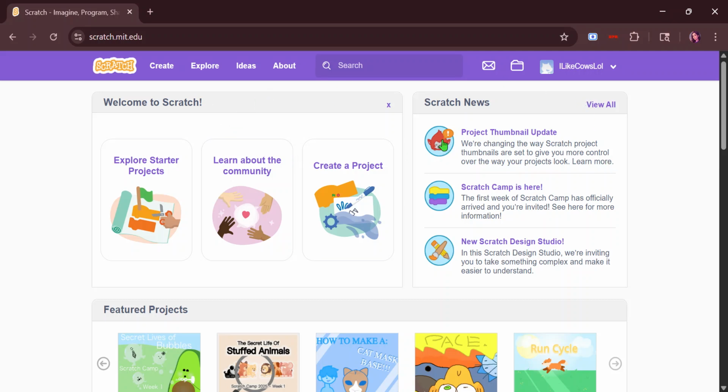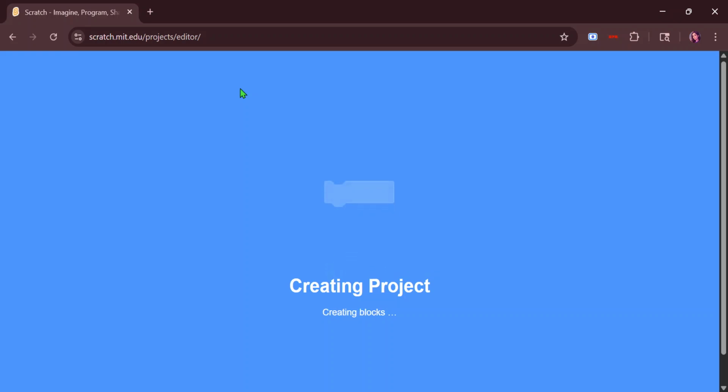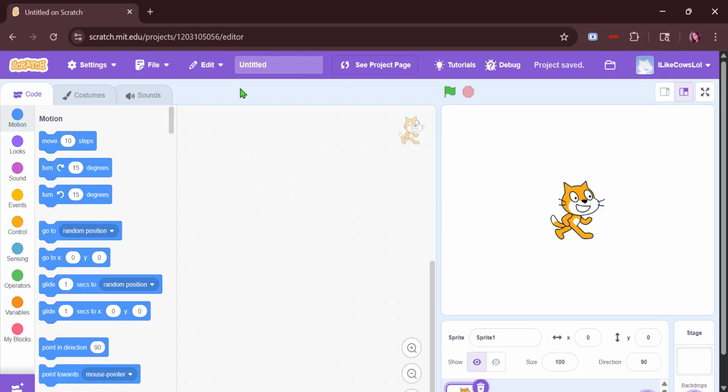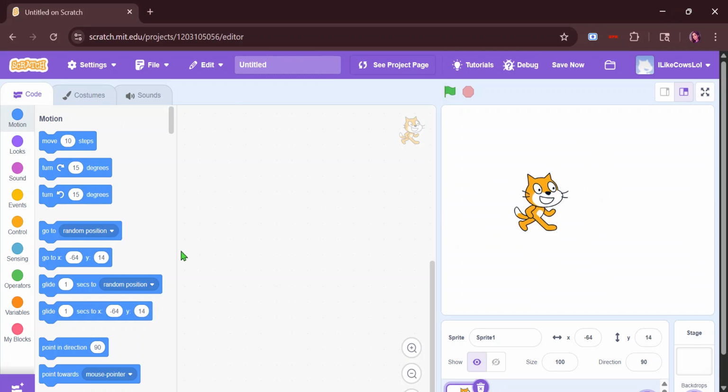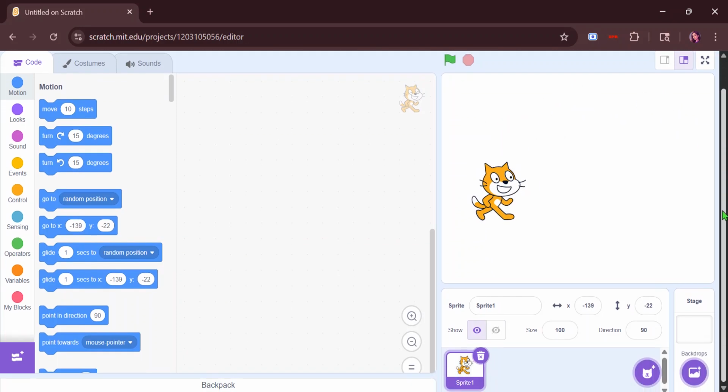So if you are going to create a new game, you can click this button at the top left. It says create. If you click on that, it will start loading a small editing tool, and you will see here that you already have a little cat that you can use, which is pretty much it. But if you scroll down a little bit,